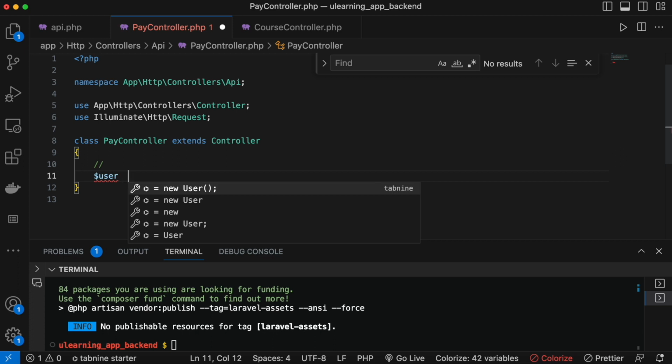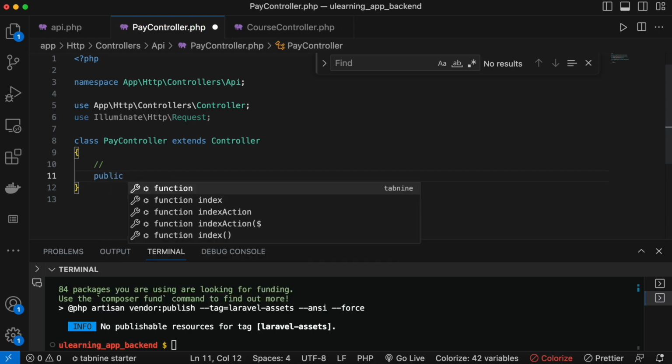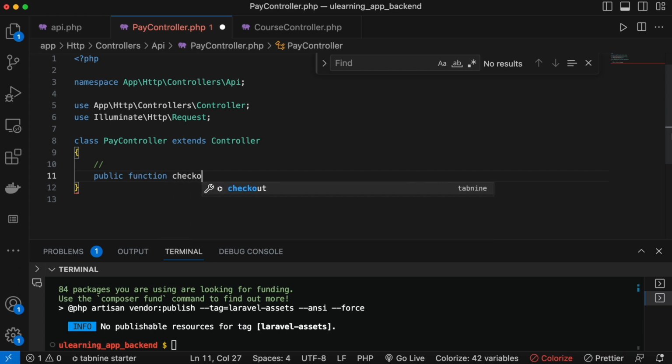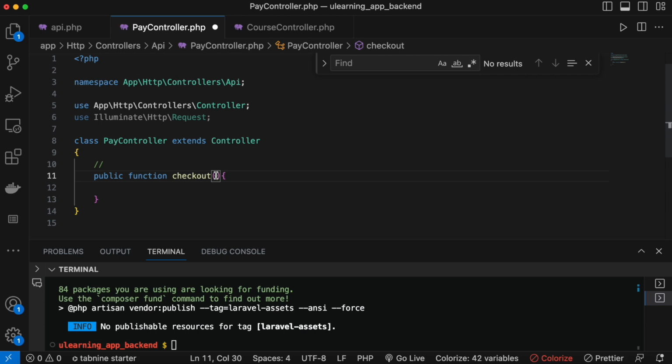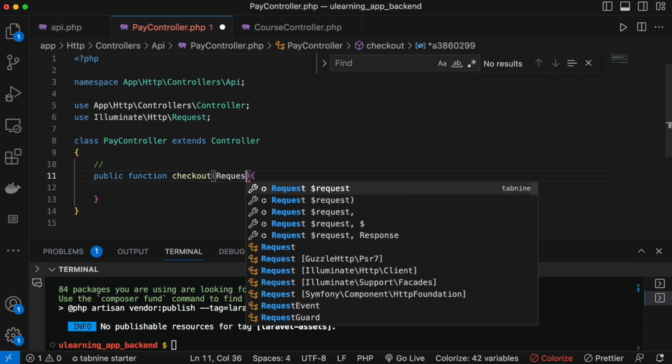So over here we created a variable and we'll call it request, user, and we'll get the user object from this request variable. Actually, I'm doing it wrong. I'm sorry. Actually, I should first create a method, which I forgot. So here I should do public function checkout. So this is our method, and over here we'll have this request object we can get from request class, and